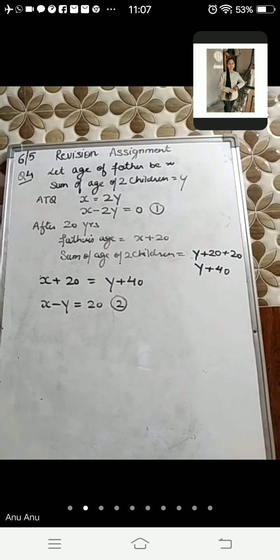There is no other way to solve this, beta. Actually, no relation is given separately between the two children, so you have to consider it as one variable. If you try to take the ages of the two children separately as x and y, then what will you suppose the father's age to be? If you solve in this manner, you will get only one equation. I have tried this way also, but you will find only one equation, and then it's not possible to solve. Two variables will always need two equations, and only then you will be able to solve it. So that's why we are doing it in this manner.